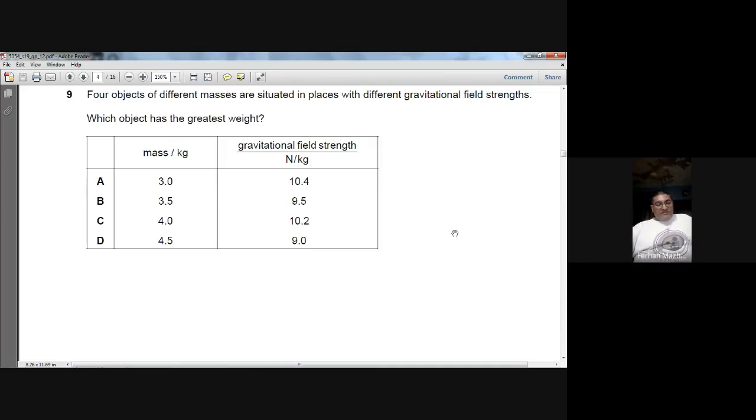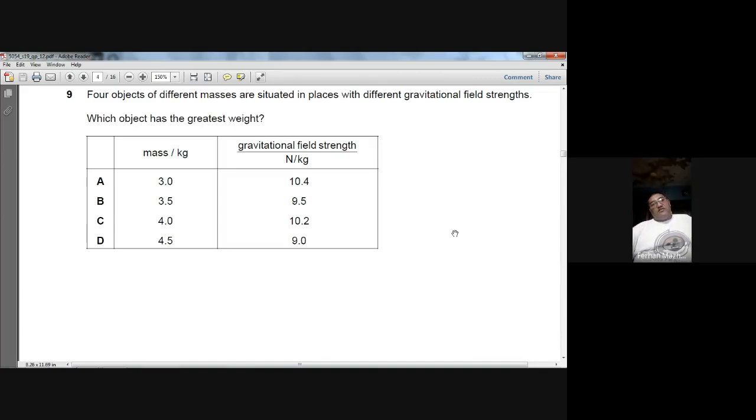For object B, weight equals mg, 3.5 multiplied by 9.5, and the answer will be 33.25 Newton. For object C, the weight will be mg equals 4 into 10.2, and the weight will be 40.8 Newton. For object D, the formula is mg, 4.5 into 9, and the answer will be